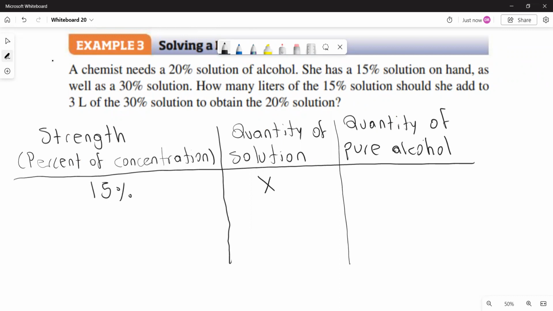And then we have 3 liters of the 30% solution. So whenever we mix the solutions, the quantity is going to be X plus 3. And we want to obtain a solution that contains 20% alcohol. So the quantity of pure alcohol is going to be 15% of X